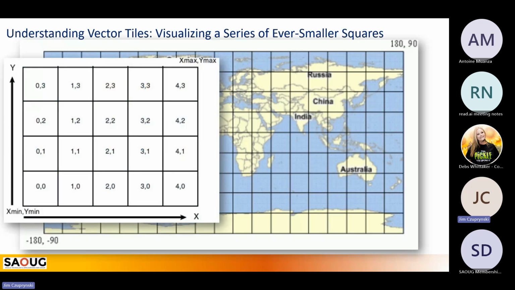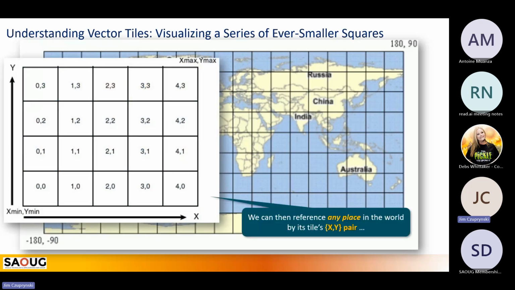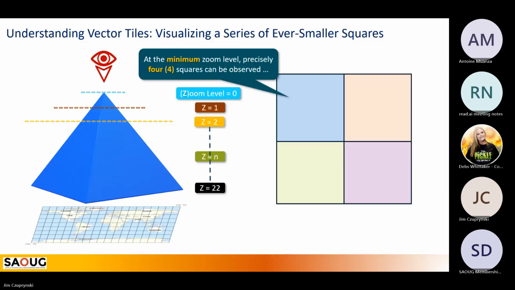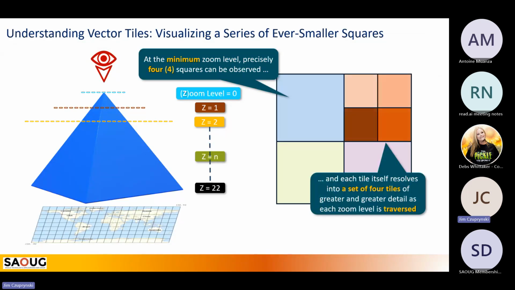And if you look at it a different way, I could take those tiles and find a point anywhere in the world at a particular zoom level. And if you imagine these tiles here, these blocks, ranging along an XY axis, as nothing more than little PNG files, that's what I really would like you to think of these as. I can, however, leverage a really cool thing about vector tiles.